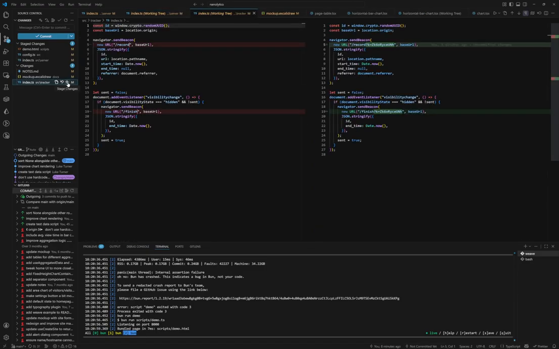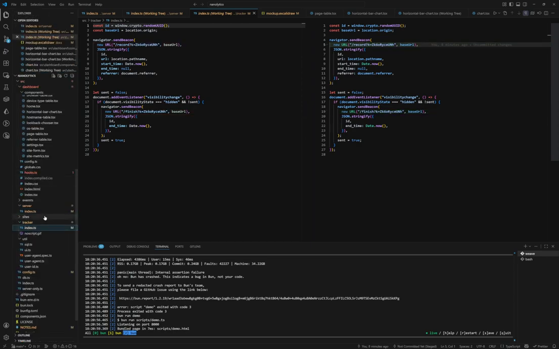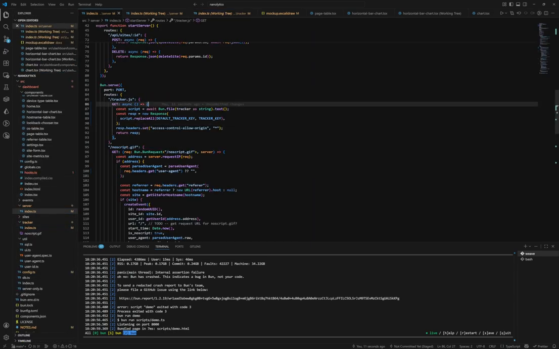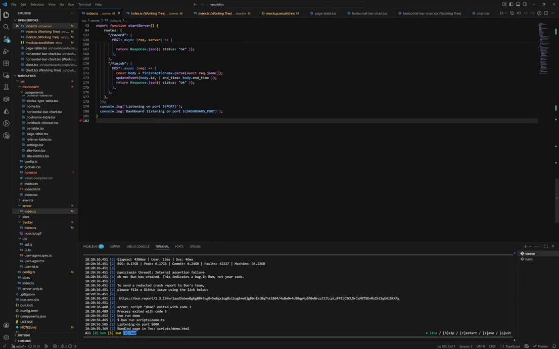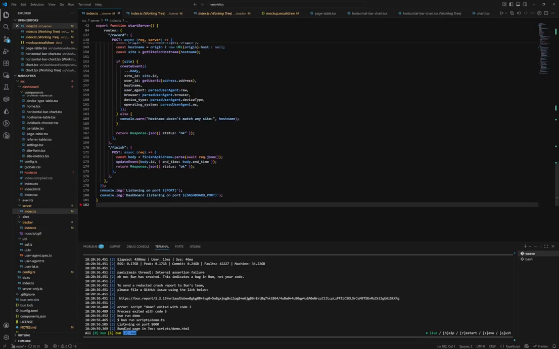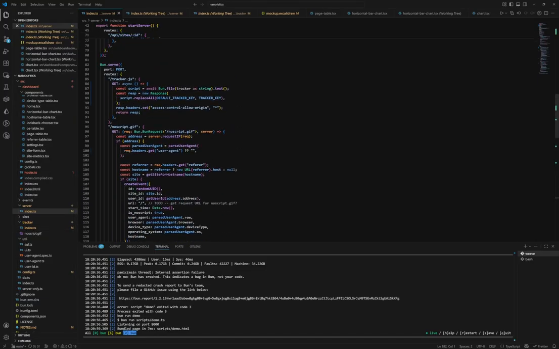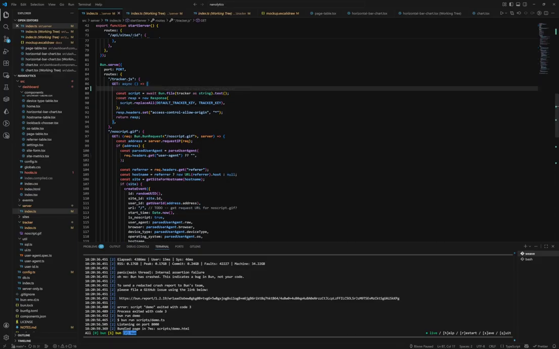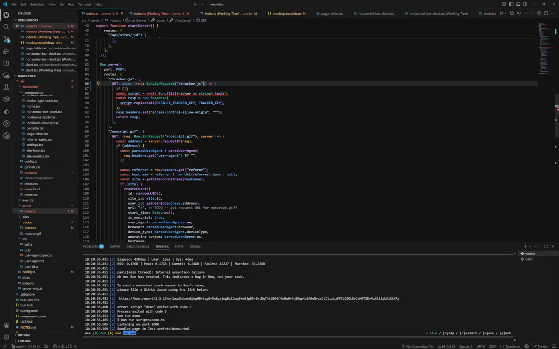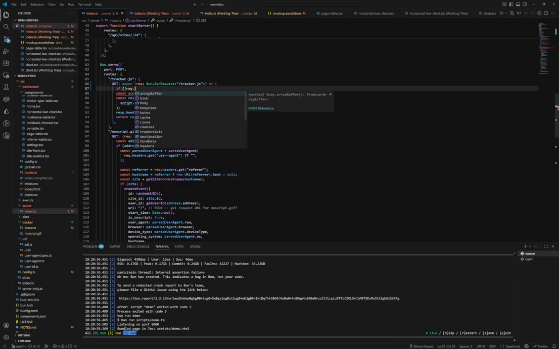Let's stage these. Okay, so then in the server here, now we need to be checking that. And I'll just define a little helper function for that. Do I really even need a helper function? It's just like one line, right? Let's just see. So if not, I kind of need this tracker.js, I guess. If not, request dot